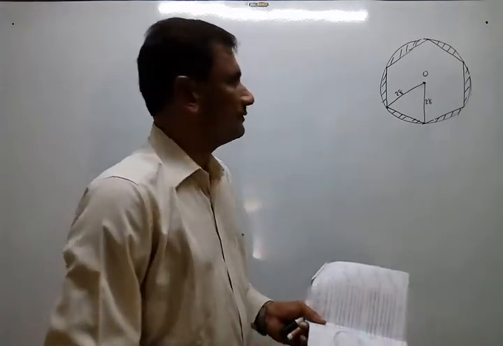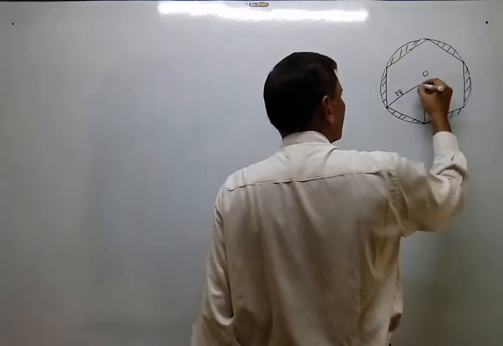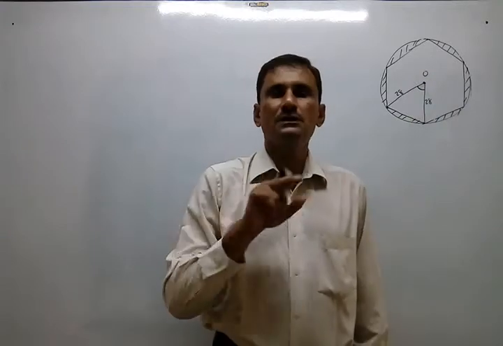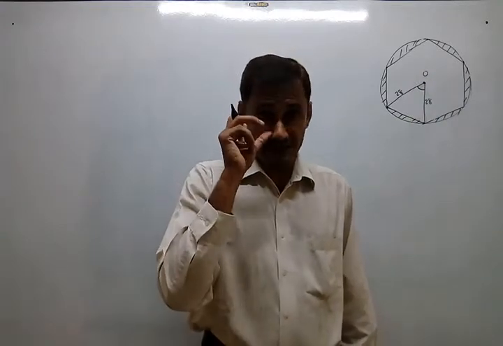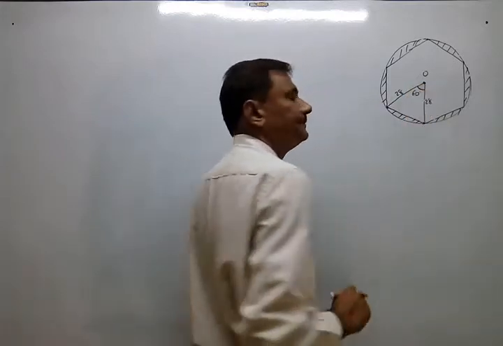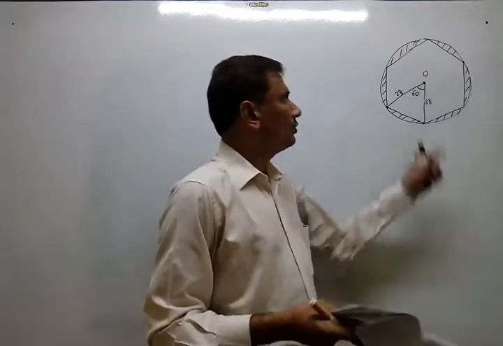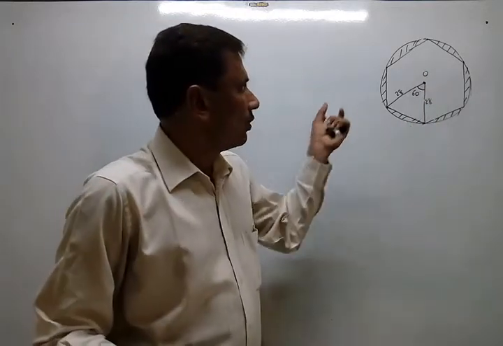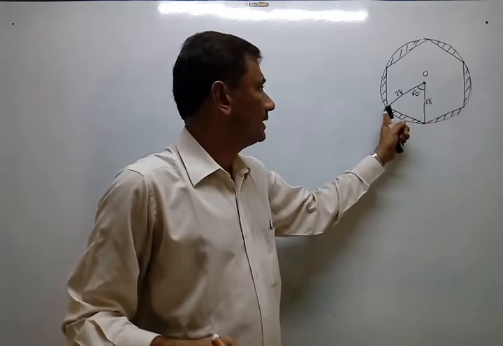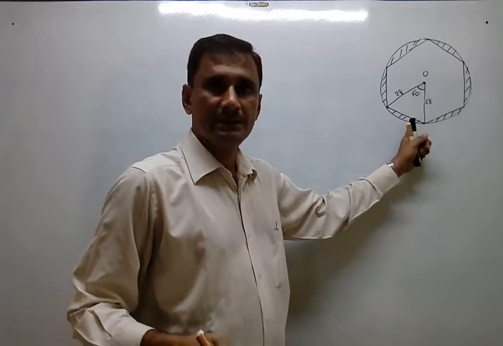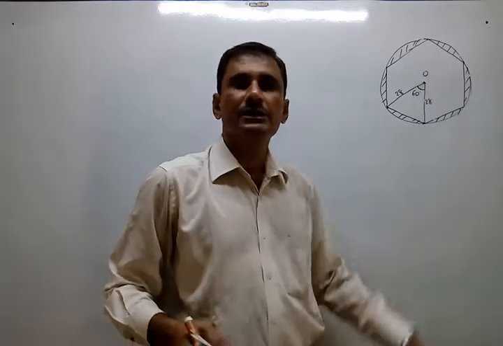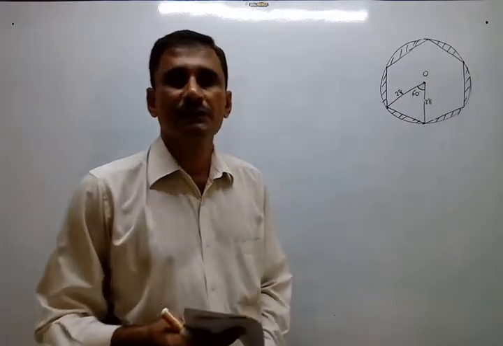If all sides are equal, then the angle made here will be one sixth of the total angle. Total angle means 360, the circle angle. So it will be 60 degrees. Understand? We are now not taking the whole hexagon, but consider only one part here. So looking at one side, the angle made at the center by that one side is 60 degrees. Why? Because 360 divided by 6.